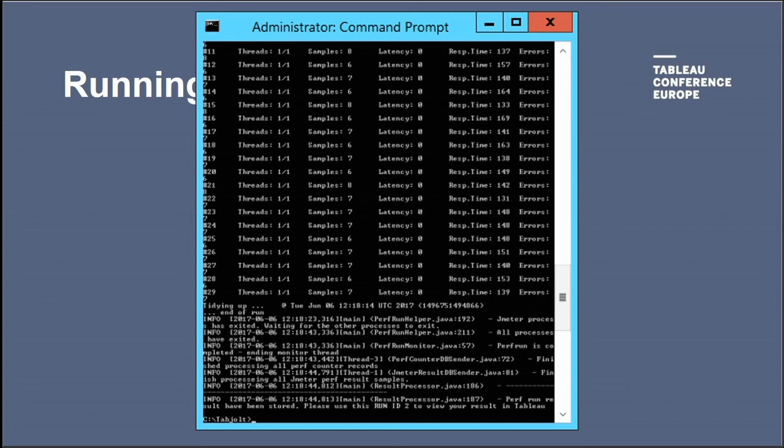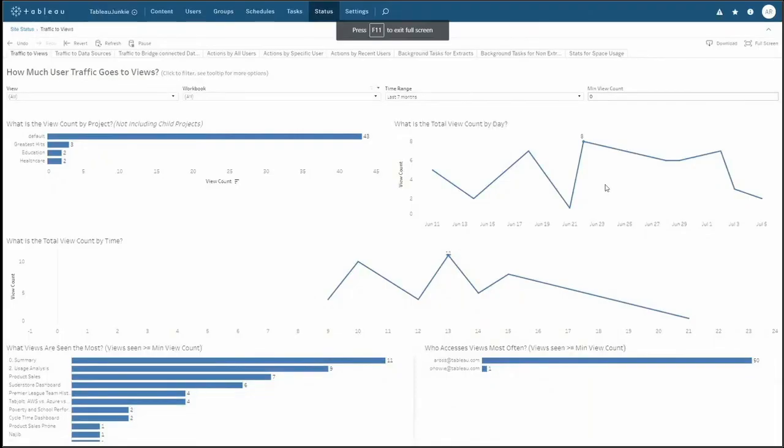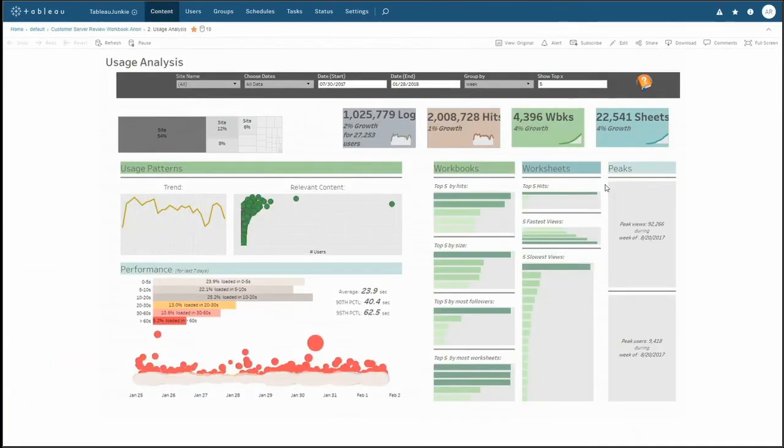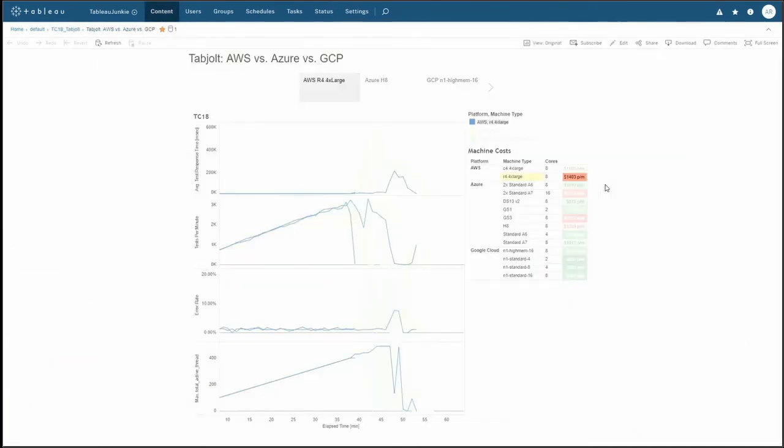So let me show you an example of how I've used TabJolt. This was about a year ago now. If I can just get to the right slide here. All right, sorry. This was me playing around with different cloud platforms. I got a bit carried away, to be honest, but the goal here was I was really interested to understand how the biggest public cloud platforms, AWS, Azure, and Google Cloud Compute, compared to each other